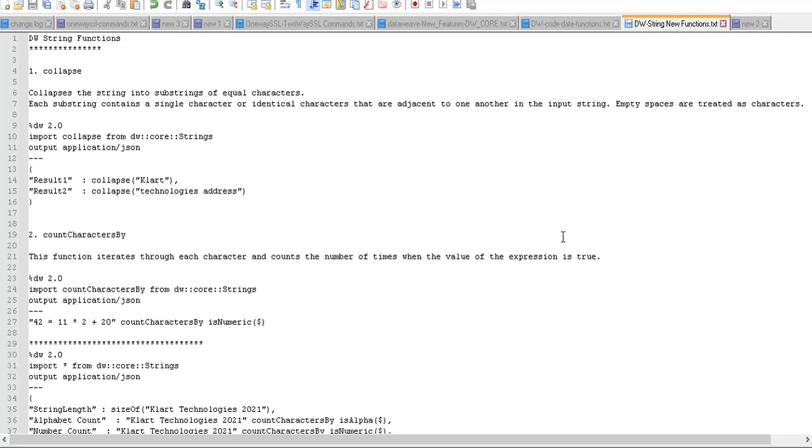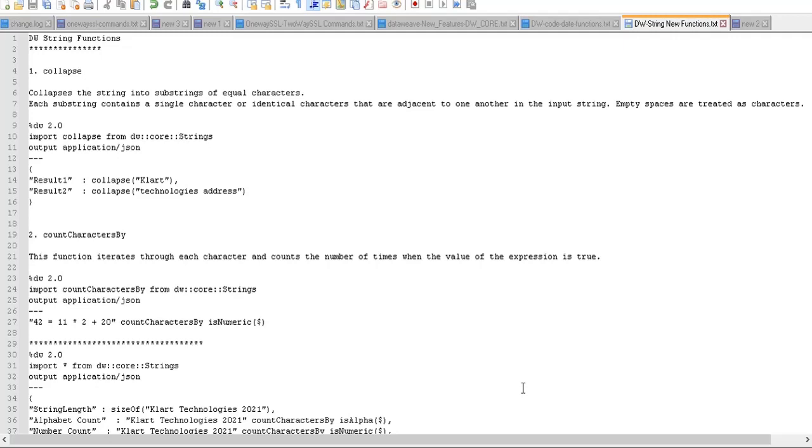Let's get started. They have introduced around 17 to 18 functions in DataWeave string functions, and most of them are very useful for our day-to-day projects.